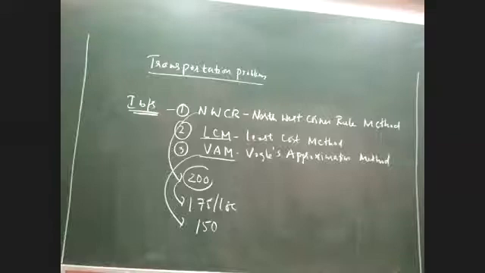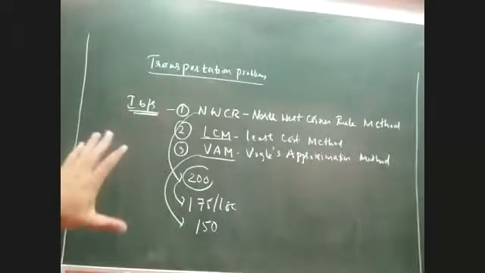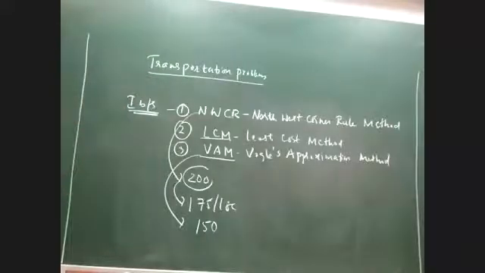The same question: method number one will give you a 200 rupees solution. Method number two will give you 175 or 180 rupees. When it comes to method number three, you will get the lowest possible cost, which is 150. From these three figures, what do you understand? Anyway, these numbers which I have written are just hypothetical to explain the difference between each of the methods. Can you please tell me from the cost point of view how these methods are beneficial?